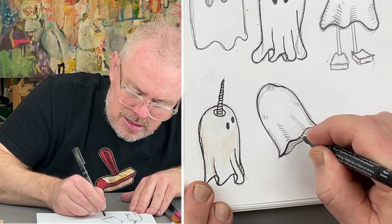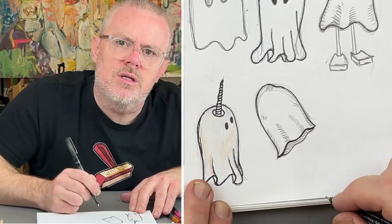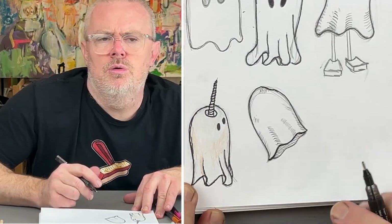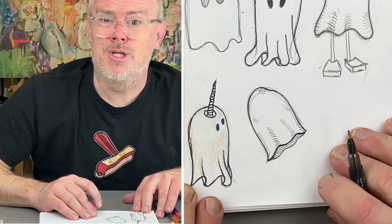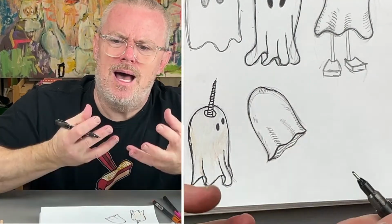Because look at that. That's the secret to making things look really cool. Some people don't want you to know that secret because they want to make their stuff look cool. And they don't want you to have stuff that looks cool. But I'm going to show you how to make stuff look cool. Look how cool that looks. Look at that, just like popping out. Now,